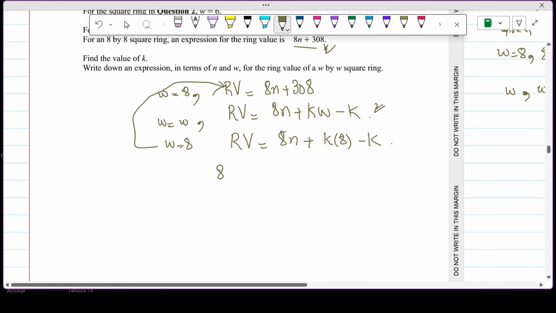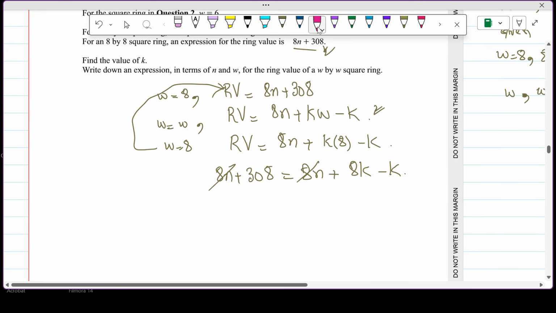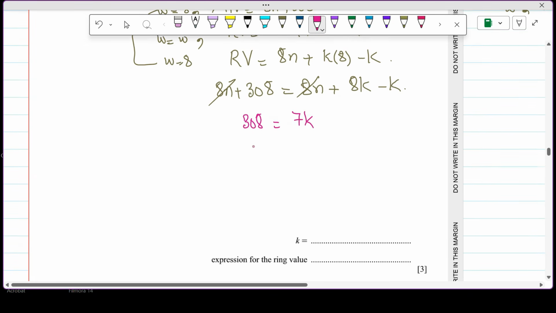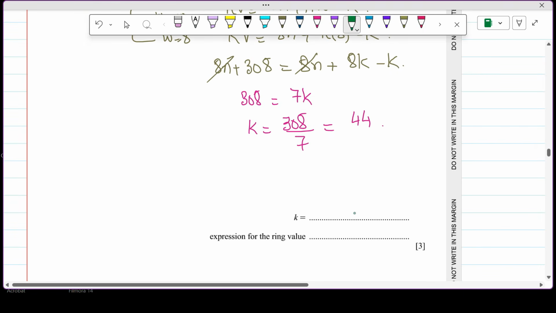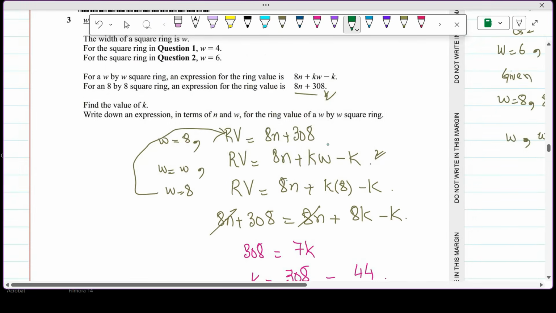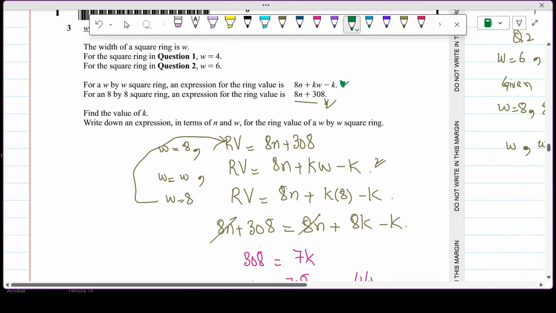So we can say that 8N plus 308 is equal to 8N plus K times 8, which means 8K minus K. So 8N will be cancelled out and we will have 308 equals 8K minus K, which means 7K. So K is equal to 308 over 7, and this is equal to 44. K is equal to 44, and when we plug this value of K in the generalized expression for the width, we will have